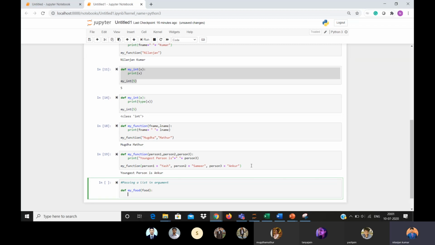Here I'm using loops also so that you can get an idea of what we can do with the loop as well.